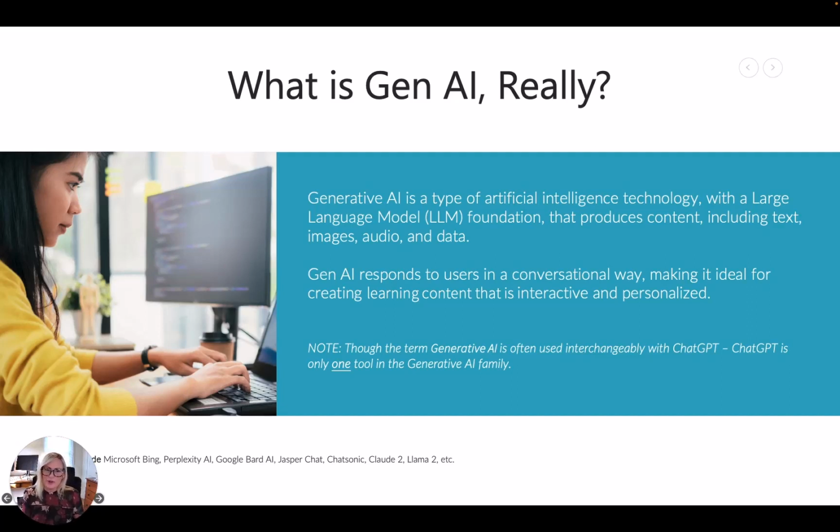And a disclaimer, I think a lot of folks use the term generative AI and ChatGPT interchangeably, but ChatGPT is only one tool in the Gen AI family. So there's lots, a few are listed below: Bing, Perplexity, Google Bard, Claude 2. So explore all of these